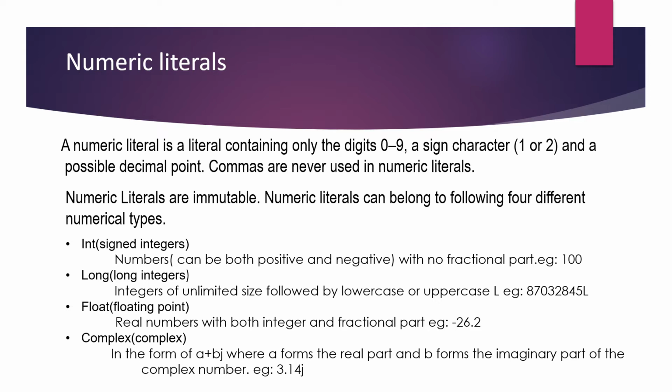First type, numeric literals. A numeric literal is a literal containing only the digits 0 to 9, a signed character, and a possible decimal point. Commas are never used in numerical literals. Numerical literals are immutable. Numeric literals can belong to the following four different numerical types. First one is int, signed integer. These are numbers, both positive and negative, with no fractional part. Example, 100. This is an integer type